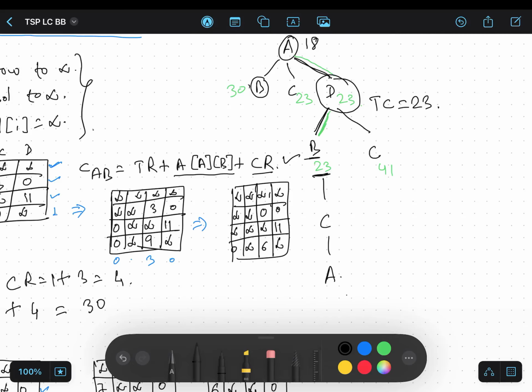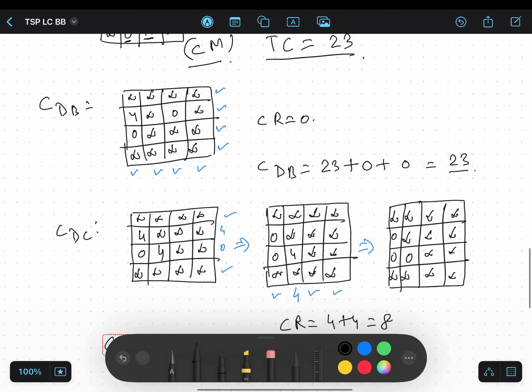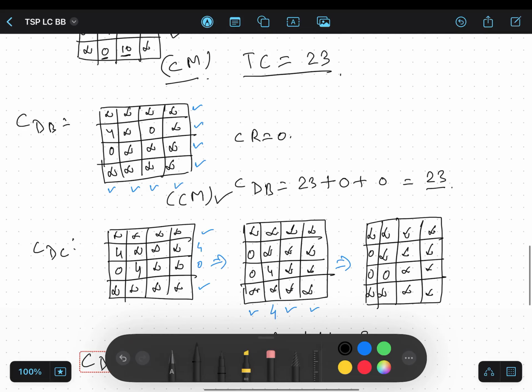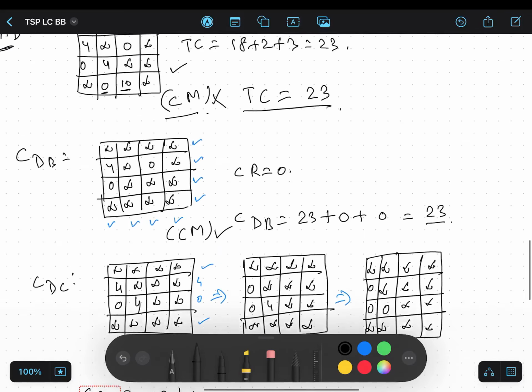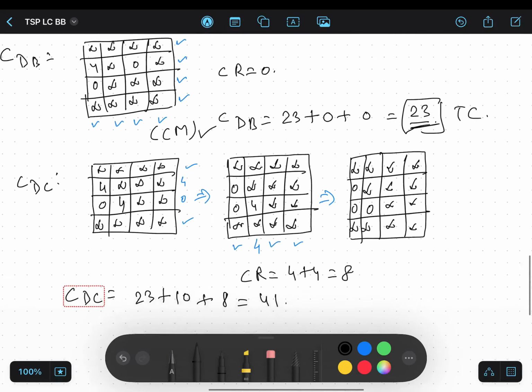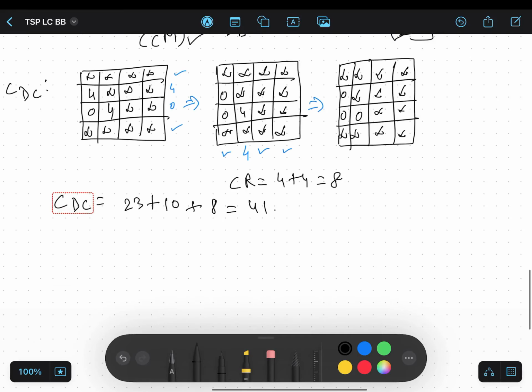So you need to change your total cost with every change in your path. So DB, this means now this is your current matrix, and this is no more your current matrix, and this is your current total cost. So if we look at this matrix, and we need to find